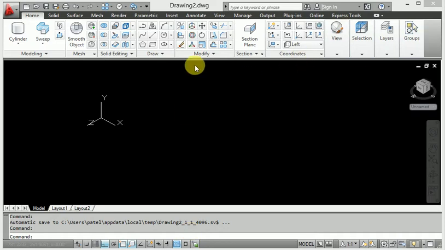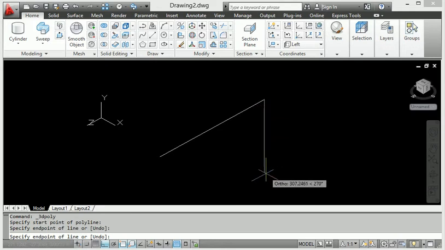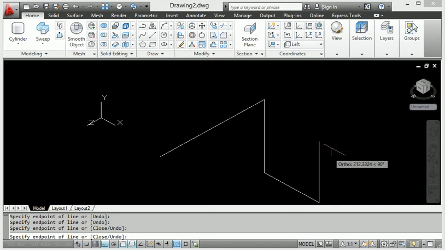First of all, I create the 3D object. I use the 3D polyline command here. Starting from this point, I go in the down direction, click here, and again go back in the other direction.